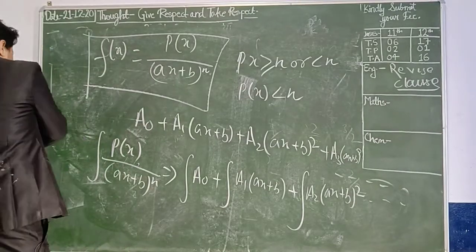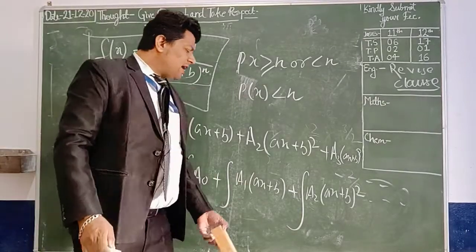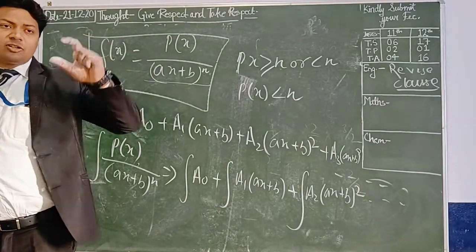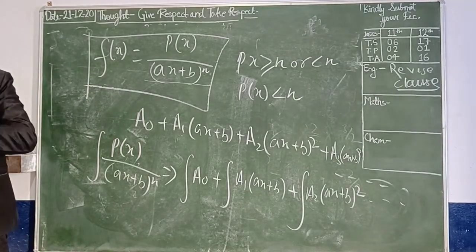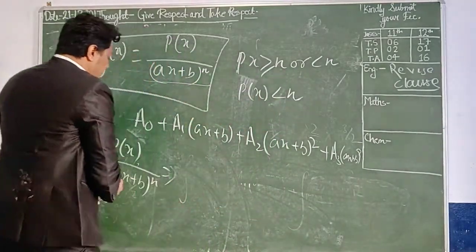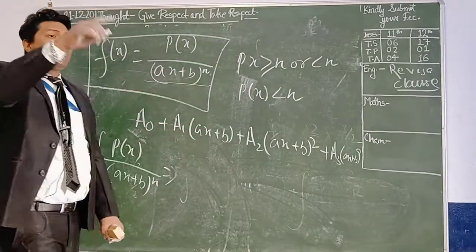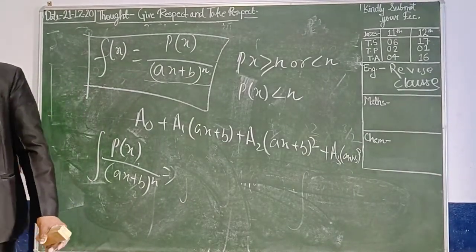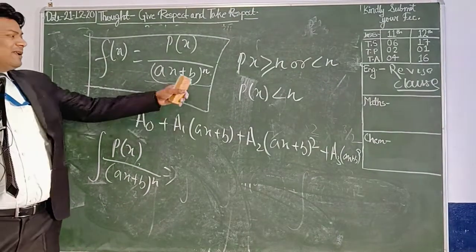So in the denominator you are getting ax plus b power n. Is it clear? I am generalizing this term, a1 upon ax plus b, clear. So you can get a1, that you are talking about a0, integration 1 upon ax plus b power n plus a1 ax plus b power n minus 1. So if you write it in the generalized form, you have to write px upon ax plus b. So you can write a0 plus integration 1 upon ax plus b power 1. Clear? In the same way, plus an minus n, you are writing 1 upon ax plus b. Clear?